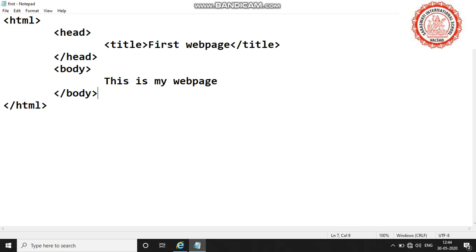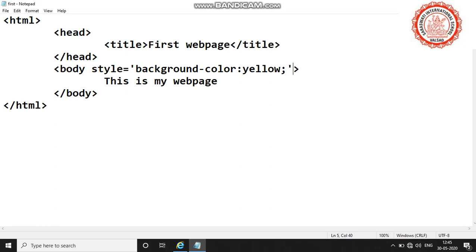Now a web page must be attractive, right? So simply we can give a background color, text color, font style, etc. Let's see firstly how to give a background color. The background color we can give from the body. It is called an attribute. How to write it? We write style equals to, in quotation, background dash color colon, whatever color you want to give. For example, I want to give yellow color, semicolon and quotation over.